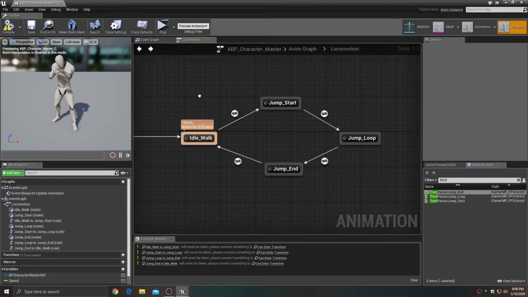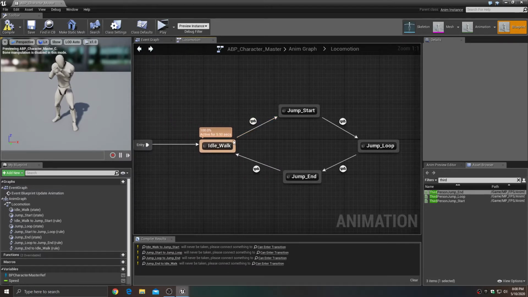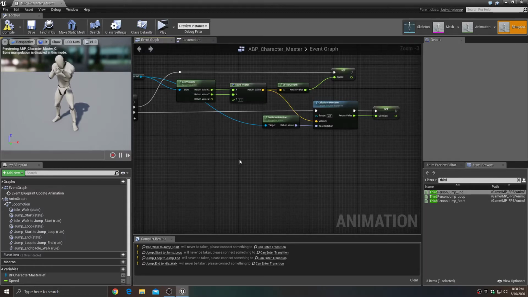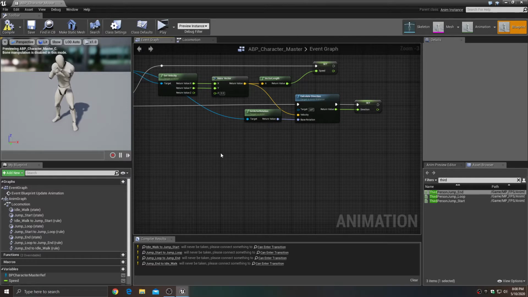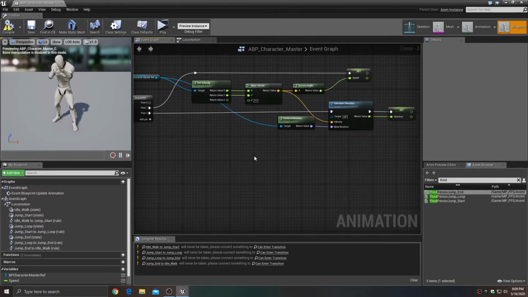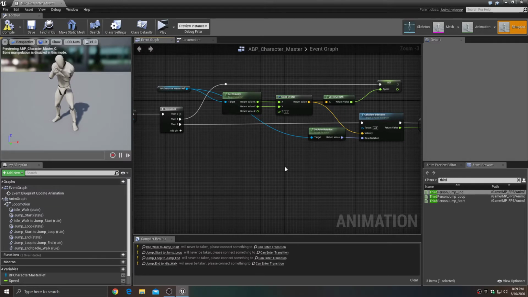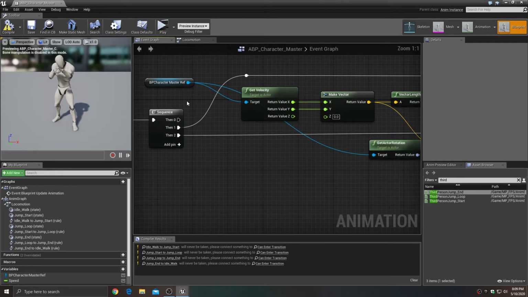Okay, and now what we need to do is get the information that's going to allow this to transition from the idle walk blend space up to the jump start and down back. So to do that, we're going to go into the event graph, right? Remember, that's where we make variables to monitor. So what we need is to know whether or not the character is in the air or not. In other words, if he's in the air, obviously that means he's either falling or jumping. And either way, you would want it to do the animation for the jump. So to do that,